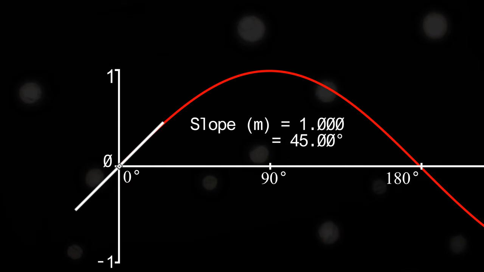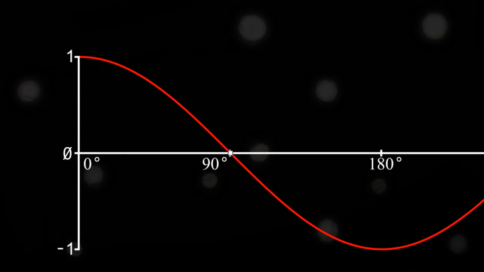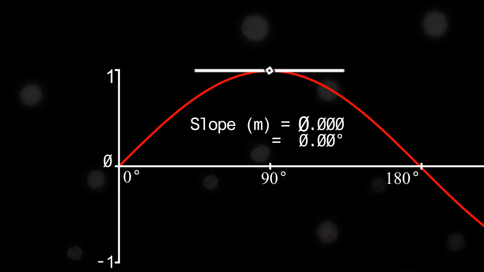The magic happens when we examine the slope, or derivative, of the sine function at theta equals 0 degrees on the horizontal axis. It's 1. The same value as the output of the cosine function at theta equals 0. If we examine the cosine function at 90 degrees, we see that the value of x on the vertical axis is 0. If we examine the sine function at 90 degrees, we see that the value of slope m is